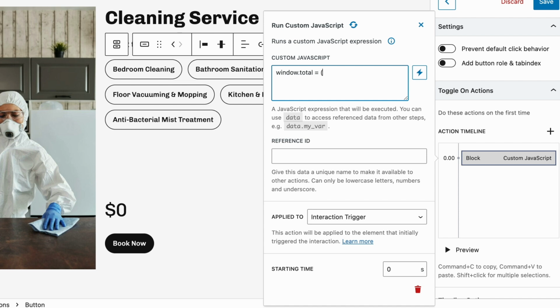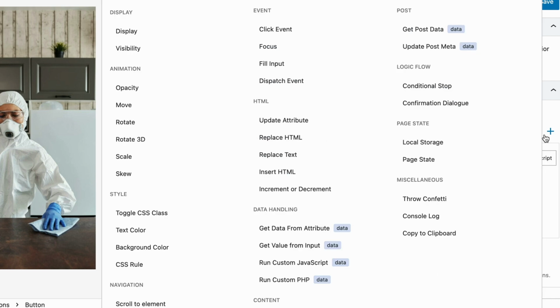This is just a simple JavaScript code that sets the variable window.total to 0 if it doesn't already exist, and then adds 30 to this variable. 30 here represents the price of the service. Now we're just adding another JavaScript code that will return this value as a currency. In the reference ID property, let's call this total so we can reference this in our next action, which is